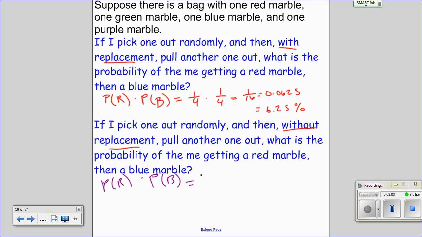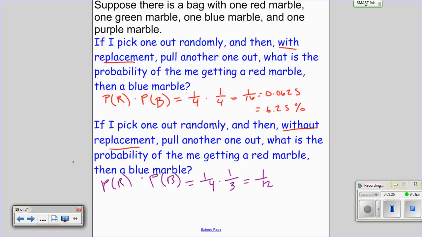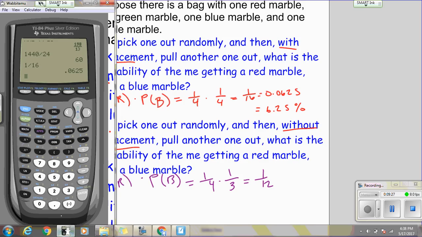So again, the probability of getting a red is 1 out of 4. But now my denominator has decreased by 1 marble, so that means it's 3. And the probability of getting a blue is 1 out of 3. So now I multiply those two fractions and I would get 1 out of 12. And let's put this into the calculator. 1 divided by 12